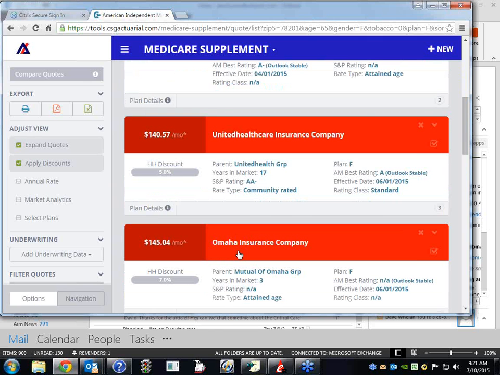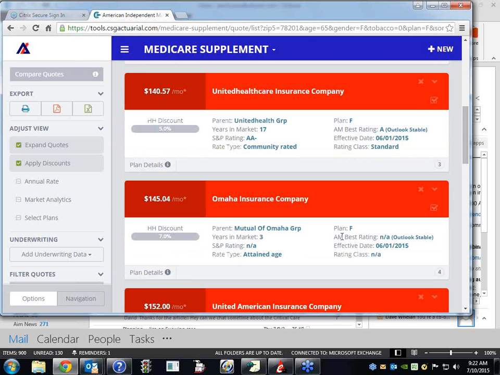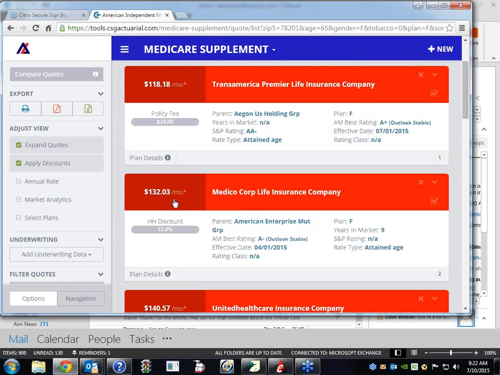And then Mutual moves up from where they were because they've got a 7% discount, up to fourth place. And if you look at that fourth place of 145, all the way up to second place, it is not that big of a difference. But when you come into first place, Transamerica's got